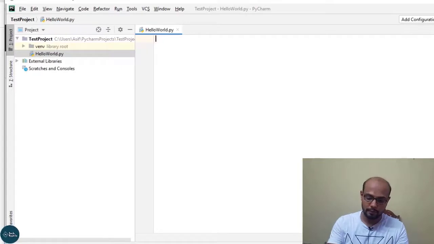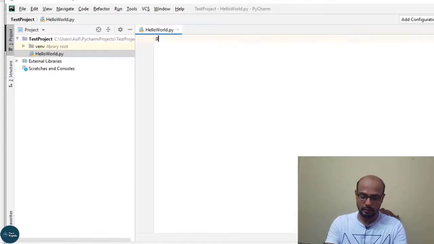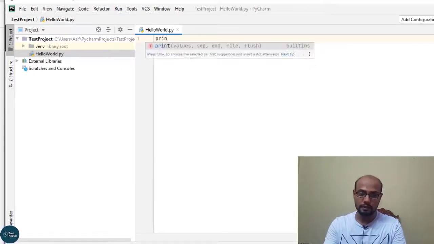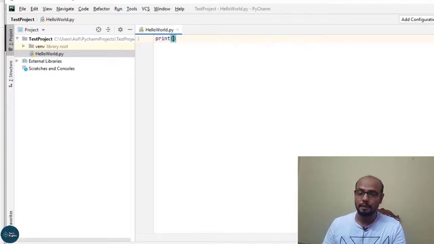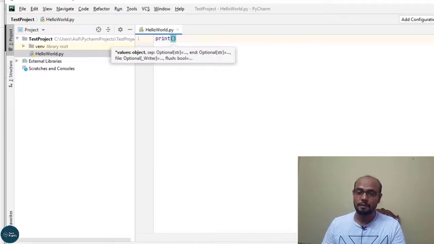Here I am going to type some code. If I type print, then it will suggest the print keyword. If I press the tab button on my keyboard, then the print keyword will be present here with the parenthesis, which I didn't type myself, but it is present by default, which is the benefit of using PyCharm.